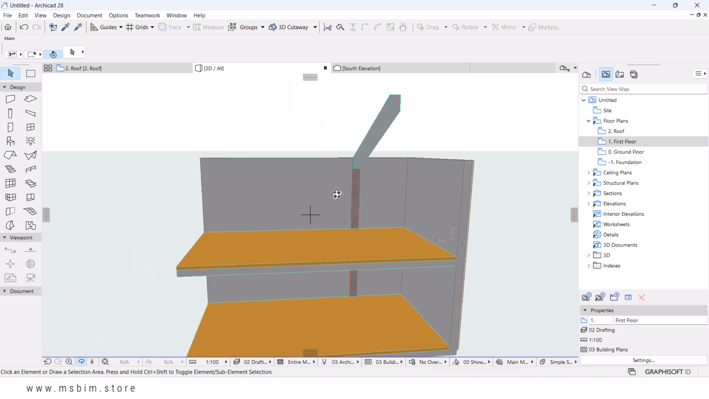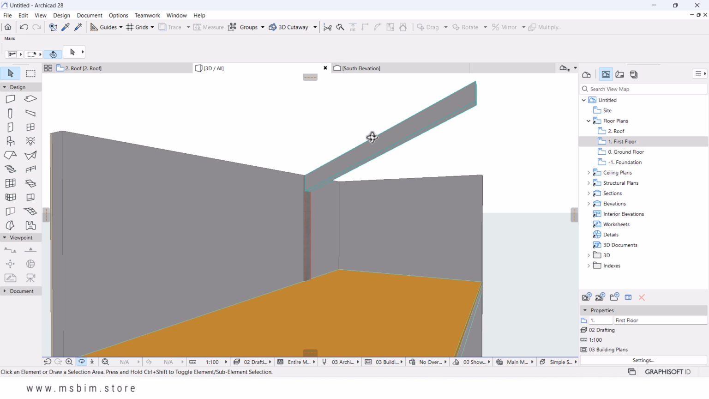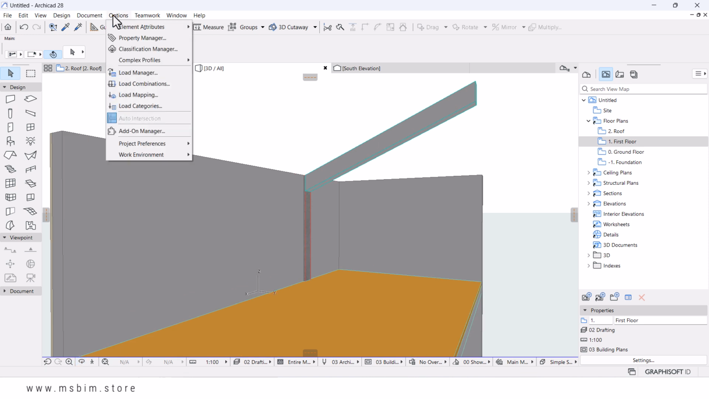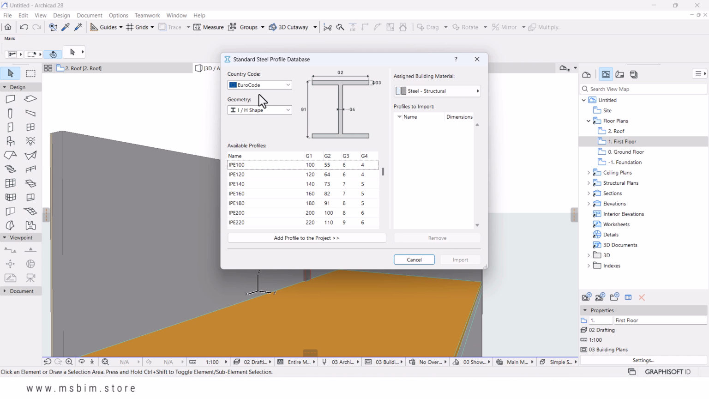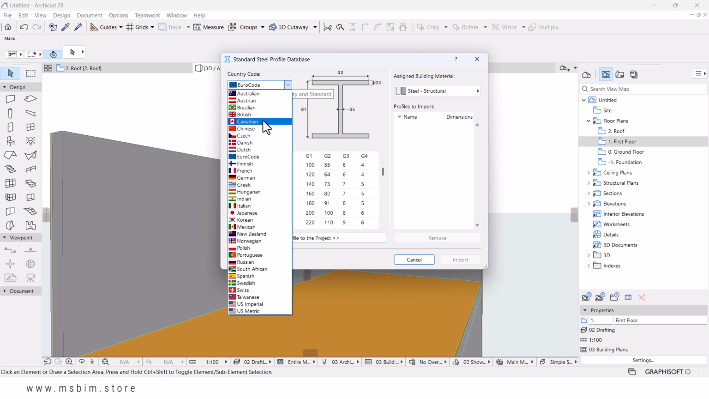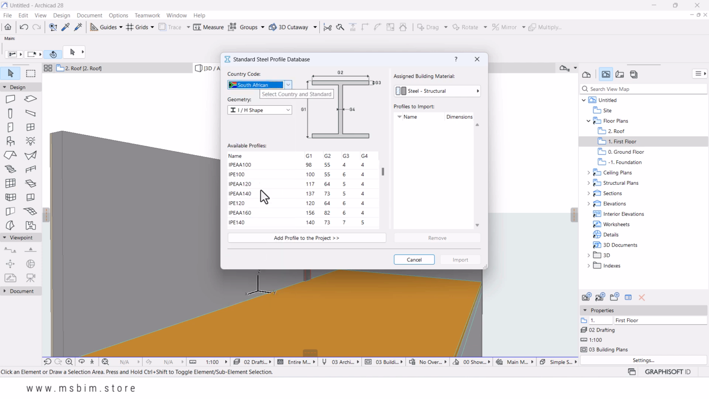Okay, but I want it to be an I-beam. So I'm going to go to options, and under complex profiles, let's import standard steel profiles. I'm going to key in the country code for my region here and change the geometry to be I. Then I'm going to scroll down to